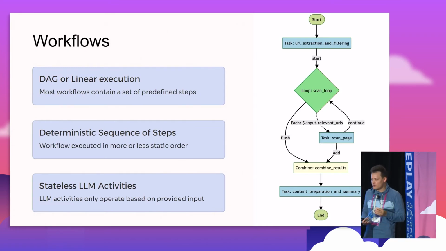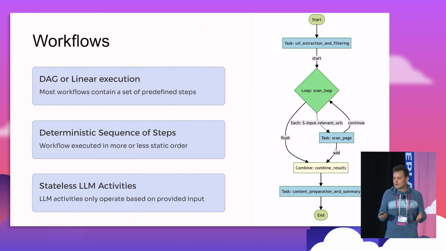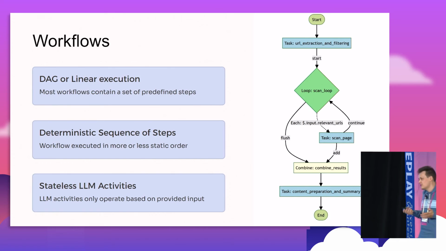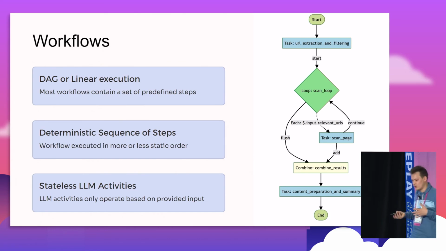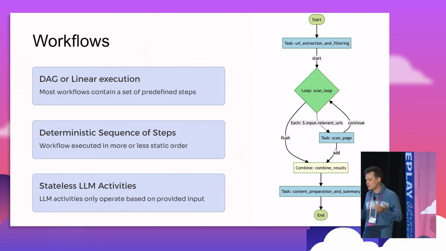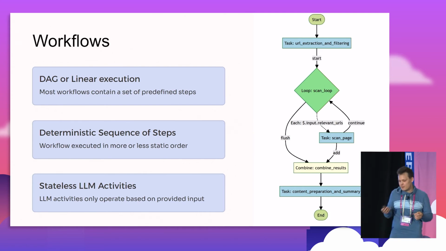So far, if you take a look at these workflows, they don't pose any threat to any of the engineers. They're quite linear. In some cases, it's a DAG. In some cases, you can even describe them in some DSL. But at the end of the day, they are just Temporal workflows. So the only thing you do is replace some actions inside this pipeline from normal activities to activities that go to an LLM, and it just works. There is no additional magic, and there is nothing additional you have to do except just assembling this